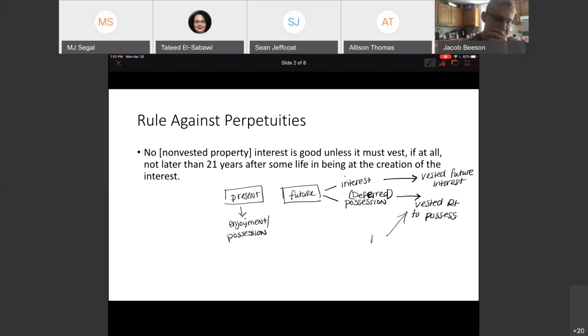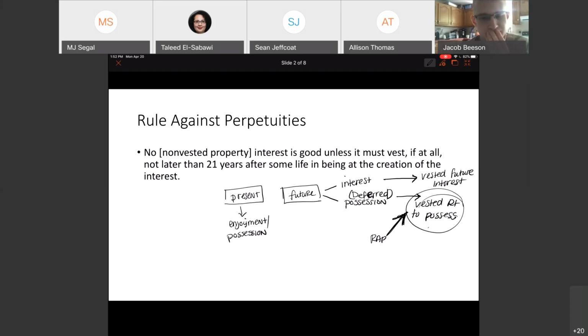RAP is not worried about this second part. Wait, hold on. Let me double check. I was getting confused. I don't want to confuse you all. Yep. So RAP doesn't care about this vesting because this part vests